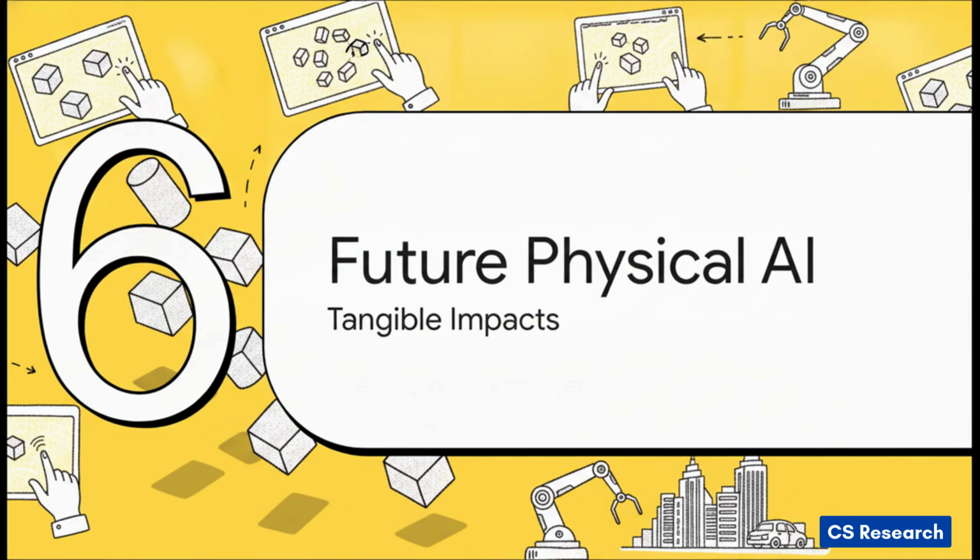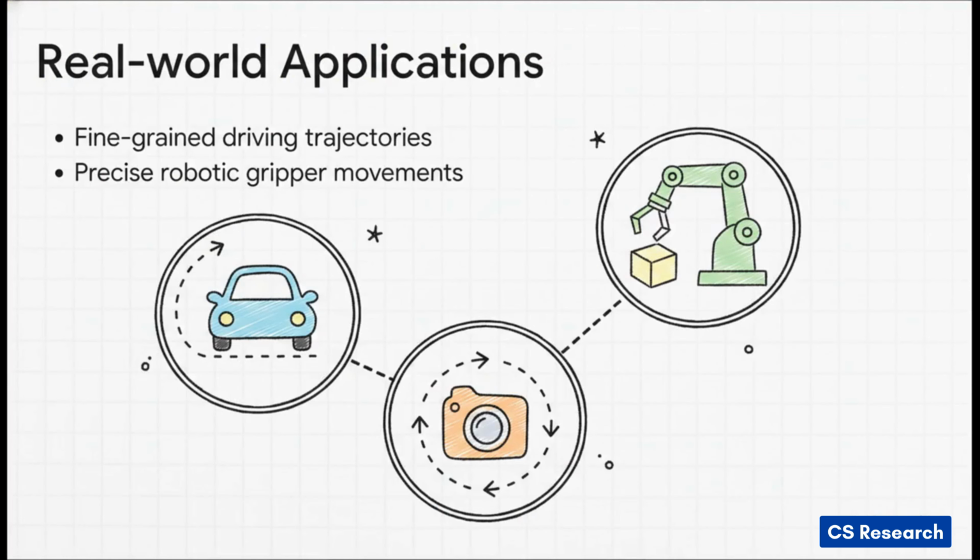Finally, Section 6, the future of physical AI. Let's look at the tangible impacts. Let's see how this incredible reasoning translates into actual world-changing applications. Because PHIZERO rigorously separates reasoning from rendering, we can now exercise unprecedented, precise control over state evolution. For self-driving cars, this means we can create simulations that accurately follow extremely fine-grained driving trajectories, adapting to different steering magnitudes based on sequential control inputs. In the world of robotics, it means an AI that understands exactly how to execute a hyper-precise gripper movement to manipulate an object, simply because it inherently grasps the real-world physics of the interaction.